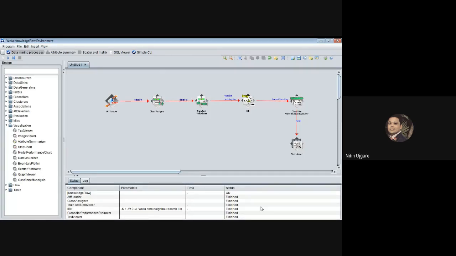When I clicked on text viewers, is it visible to you? New window? Anyone can see? No, sir. Yes, pardon? No, sir. Okay. So when I clicked on show result, I will select that screen.